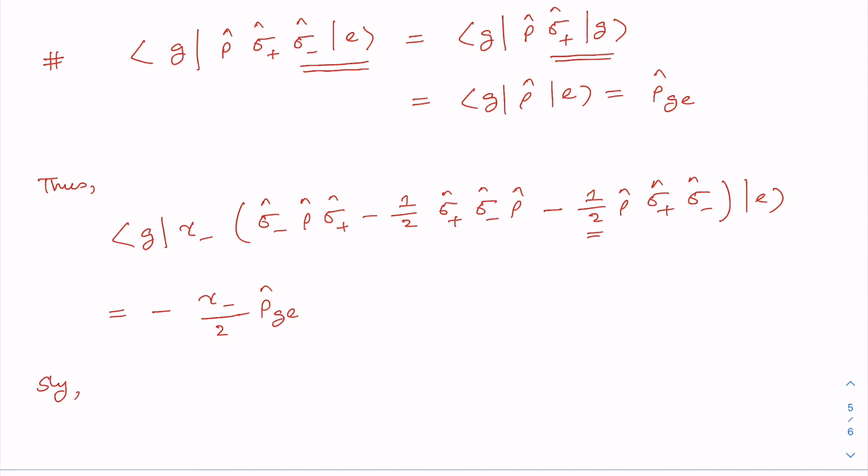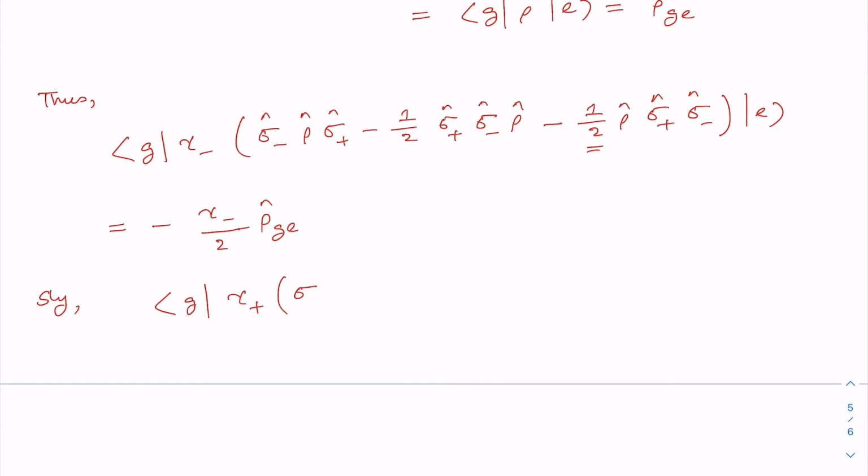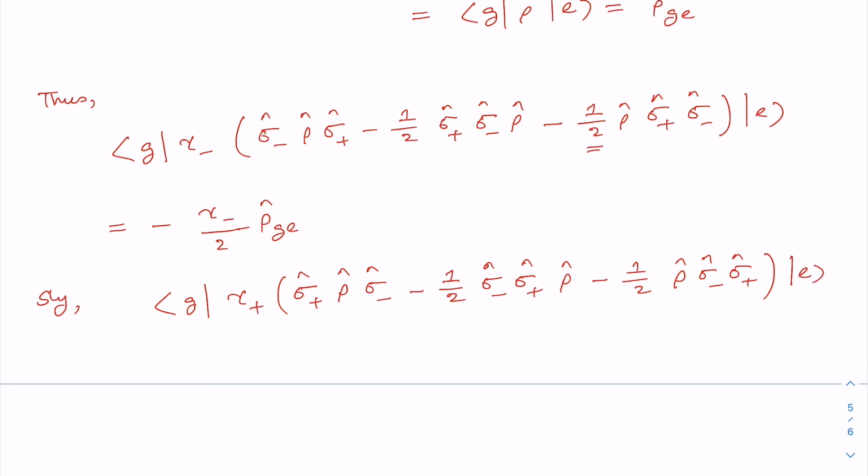Again, proceeding exactly the same way, we will get z for this gamma plus, the term associated with gamma plus, that would be sigma plus rho sigma minus minus half sigma minus sigma plus rho minus half rho sigma minus sigma plus e. This, if you work it out, you will find that this would be minus gamma plus by 2